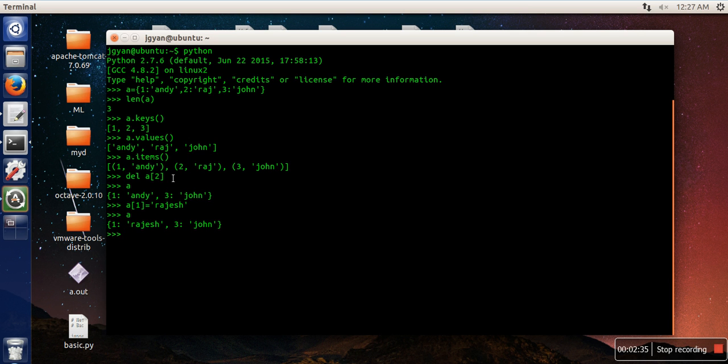So we have seen how to delete an item, and we have seen how to change an existing item. In case you want to add one more item, specify the key for which you want to create a new value or new item. Here, if you can see, we don't have any item with key 2, so we want to create a new item which will be referenced by this number 2, and we will specify the name, let's say Rocky. Let's see our dictionary again.